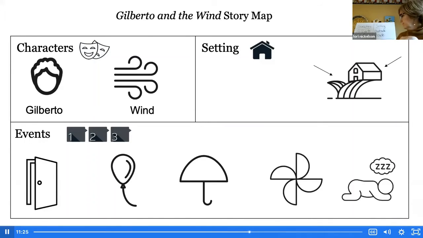The wind also tries to take away Gilberto's umbrella and breaks it. And then the wind blows Gilberto's pinwheel and makes it turn and whistle. Finally, we identify that Gilberto and the wind are tired and lay down under a tree to take a nap together. Now that you understand the characters, setting, and events, you're going to retell Gilberto and the wind